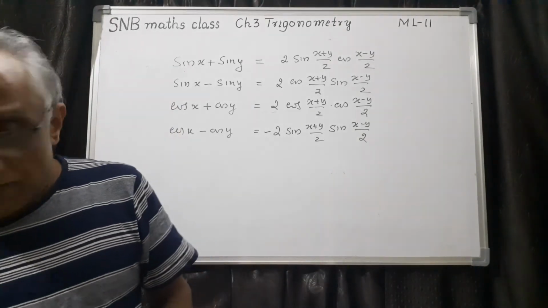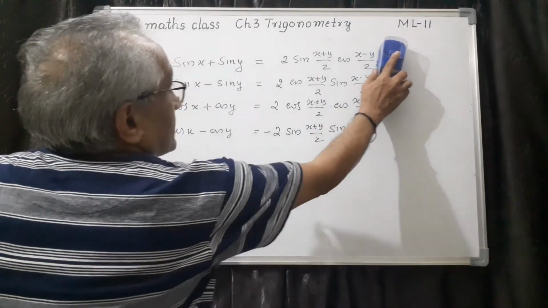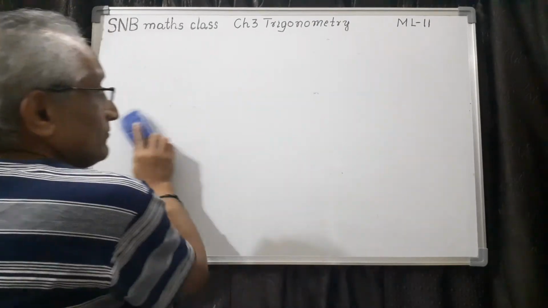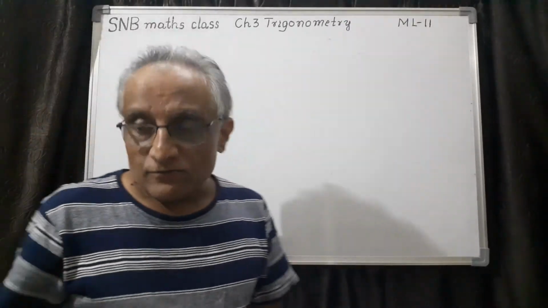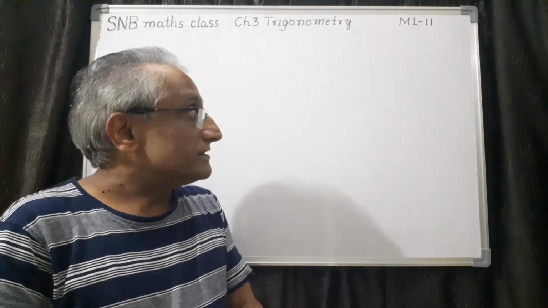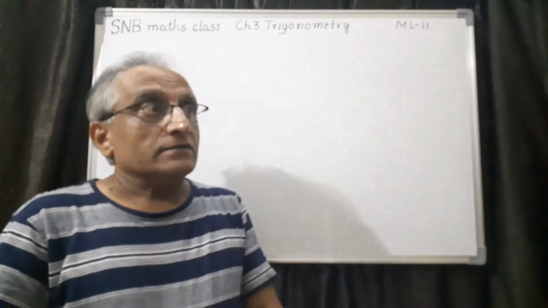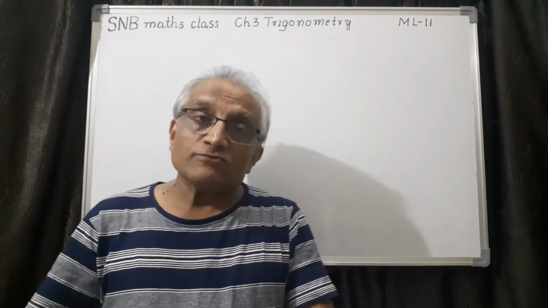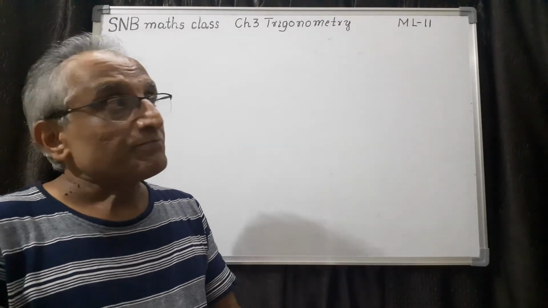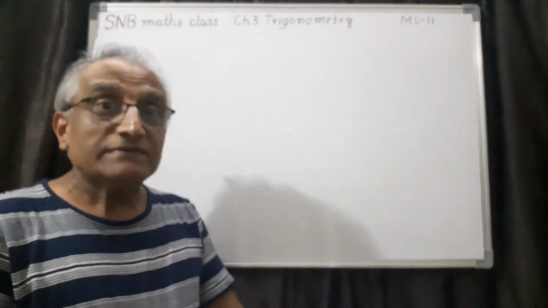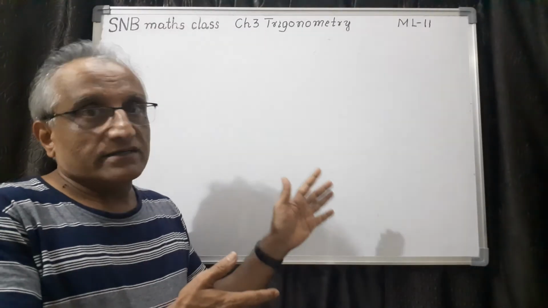So let me sum up now. Today in this lesson, actually we have done only one formula, but in two different forms. One is product formula, another one is transformation formula. With this, the formula set and its derivation completes. Then of course the next one is trigonometric equations. But before trigonometric equations, let me take a supplementary lesson on this formula only and all the related examples of trigonometry.